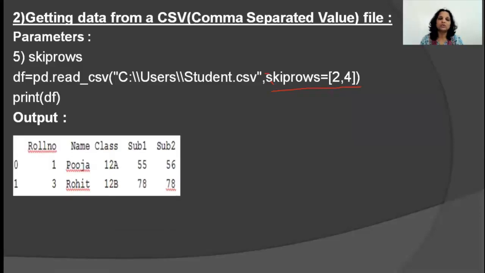So can you see you had roll number 1, roll number 2, roll number 3, roll number 4. Correct? So 4 rows we had. We said skip the second row and the fourth row. So roll numbers 2 and 4, we don't see in the data frame. It's only Pooja and Rohit's data. Again, it's a subset. There were many more subjects. It's just a subset of the main text file. Is that clear? So all these parameters, skiprows, usecols, index_col, header, sep, you could have used also when you were reading data from a text file.